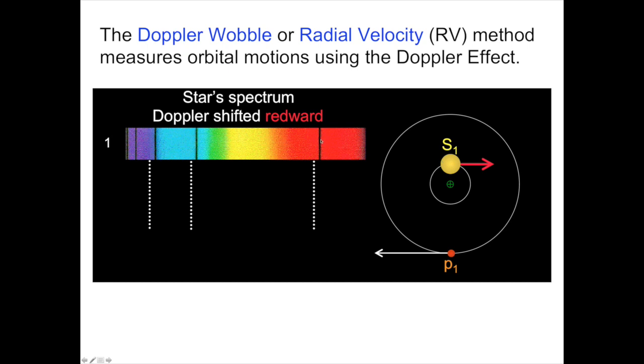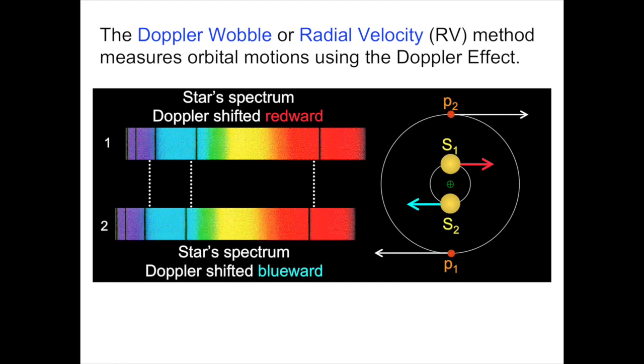Because the star at this position on the common star-planet orbit is moving away from us, I would observe a Doppler redshift. If I waited half an orbital period later, the star is now here at position 2, and the planet has moved up half an orbit away at its position. Now, the parent star is moving towards us, and the spectral lines will appear to be blue shifted by the Doppler effect. If I watch it over time, I would see the spectral lines oscillate back and forth. First red shifted, then blue shifted, and back to red shifted as the planet and star orbit around their common